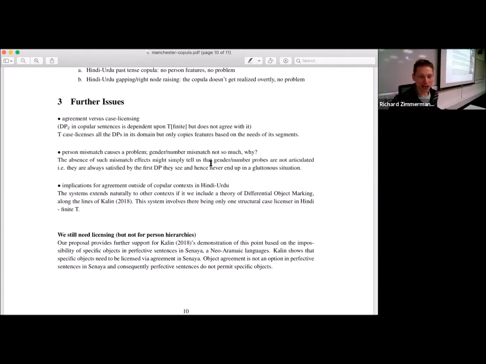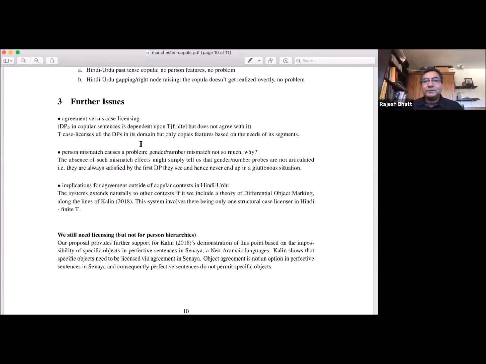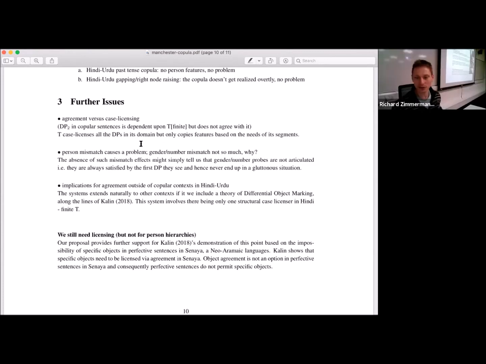I have one general question, maybe one more specific one. I'll start with the most specific one, that is just above 3 for your further issues. You deal with this point A, the past tense, and B, the gapping and right node raising, but you also have these super interesting facts with non-finite